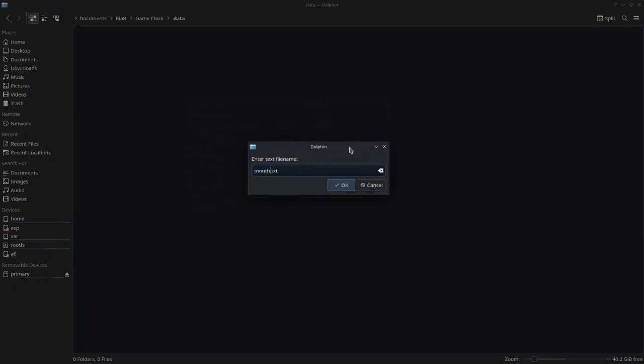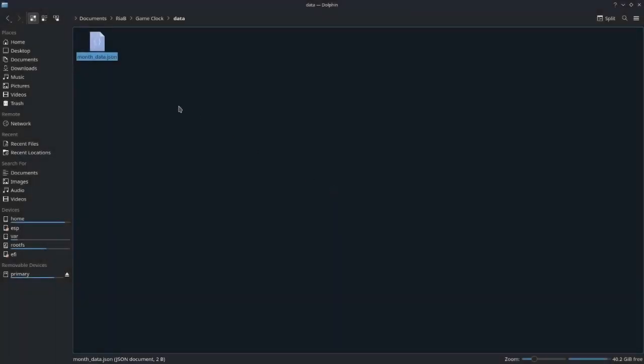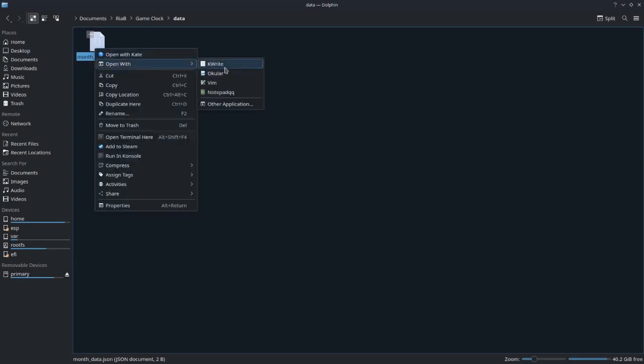called month_data, and this is going to be a .json file. So make sure it's not .txt, make sure it's .json, click OK, and there's our JSON file. So we're going to right-click on this and open it with